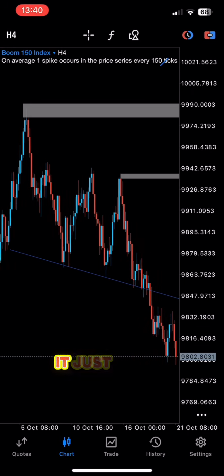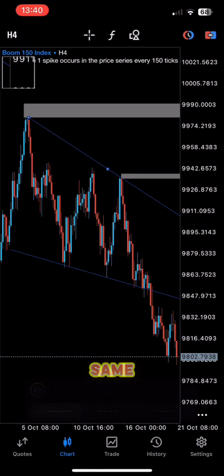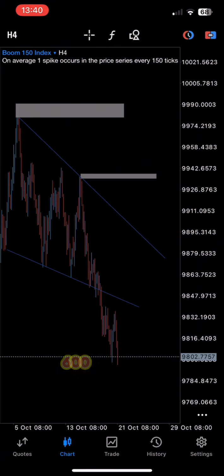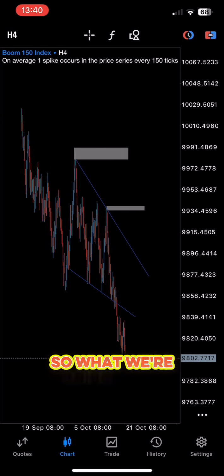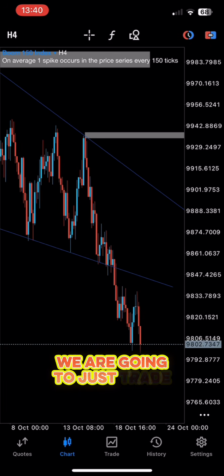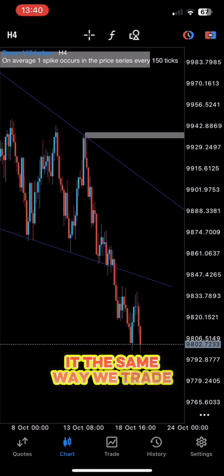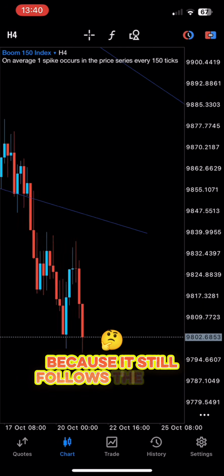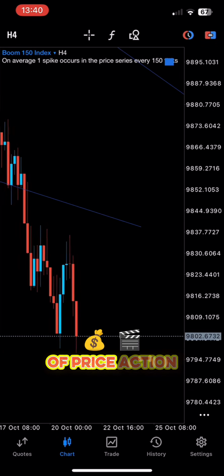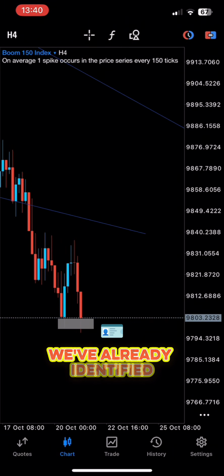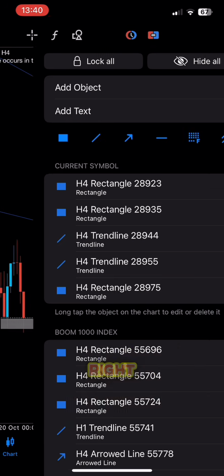It's a good one. It just moves like the same Booms: Boom 500, Boom 1000, Boom 600. It's just the same. So what we're going to do right here is trade it the same way we trade all other currencies or all other pairs, because it still follows the same principles of price action, right? So right now, as you can see, we've already identified a double bottom, as marked by